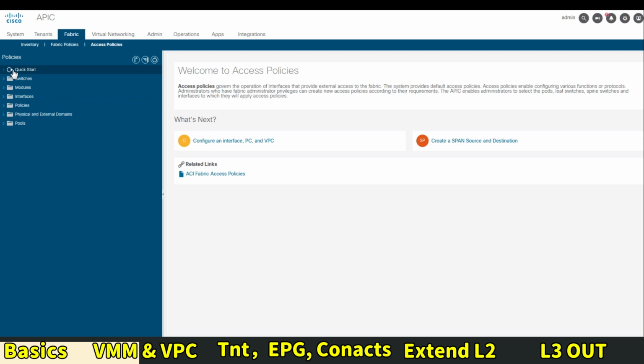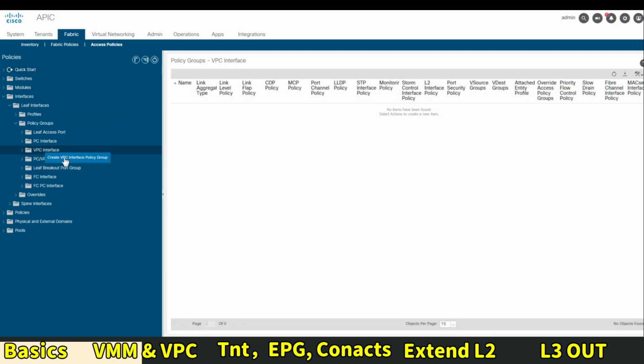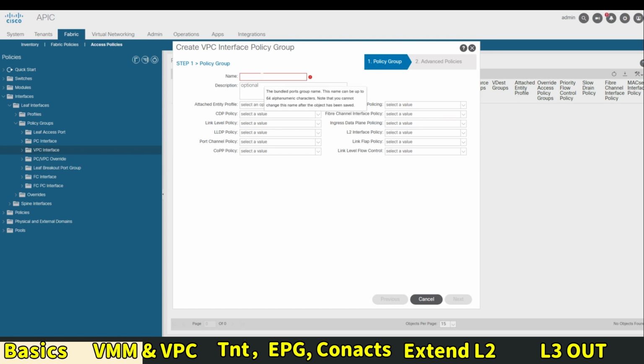And access policies, interface, leaf interface policy group, is to create a VPC interface policy group, and on the VPC interface, we'll create a VPC IPG. Creating the VPC IPG, the name UCS VMware, AEP, we created already,